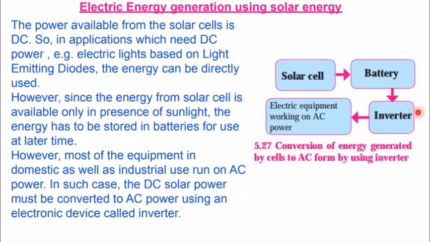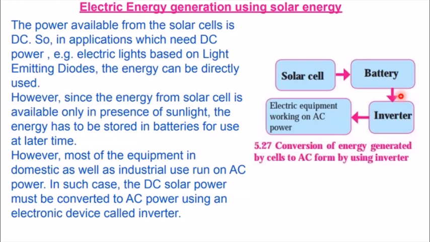Now this DC current has to be stored somewhere, so we use batteries to store the energy. One thing is that we can directly use the current, for example in lights or in any diodes. But if we have to store it, we store it in the battery so that we can use it for other purposes. Now, in most places, that is in various industrial sectors, AC current is used,